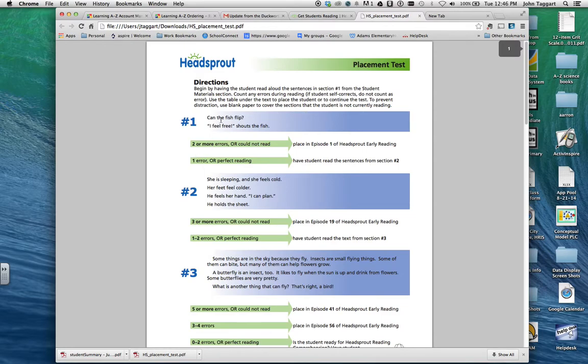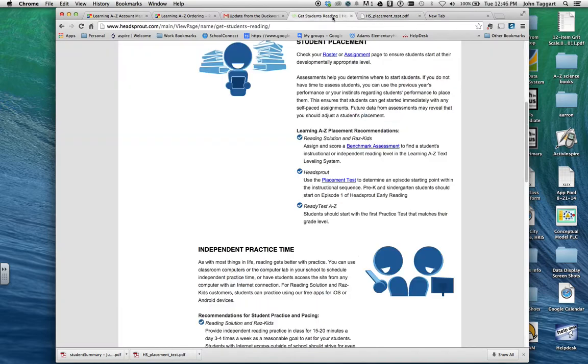If they had 2 or more errors, you start on episode 1. With 1 error or perfect reading, go to the next one. It tells you how many errors. You could start them on episode 19, or you could be starting on episode 41 or episode 46, depending upon how well the students have read. This is administered one-on-one, but this should give you an idea of how to determine where to place the student. And this is beneficial because